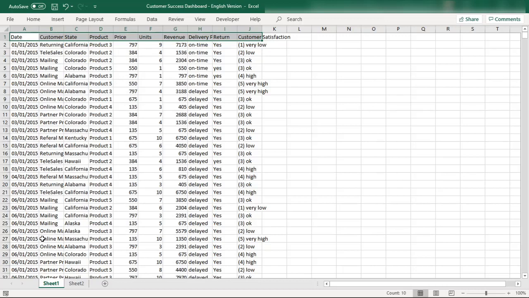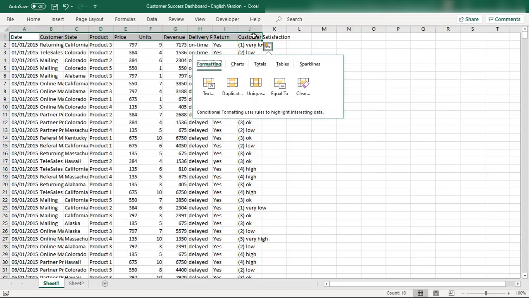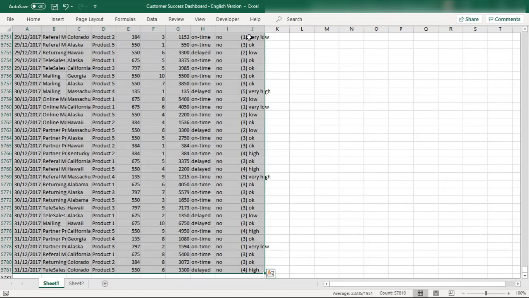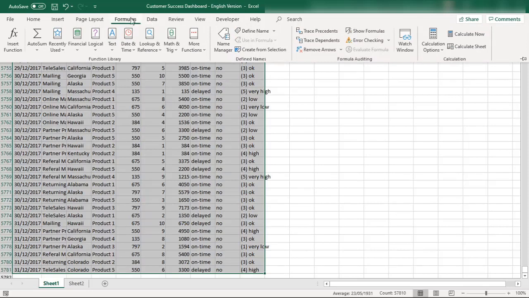First of all, we have this data. This is raw data, and we have to convert this raw data into a table. So how can we convert this raw data into a table? Select all the columns, and then press Control Shift and the down arrow key, and all the data that is available in this sheet will be selected. Then you can go